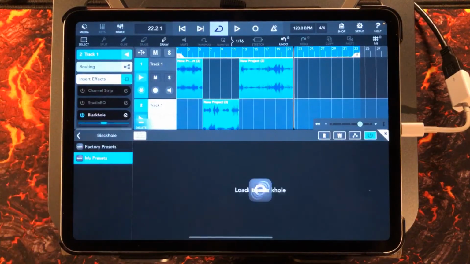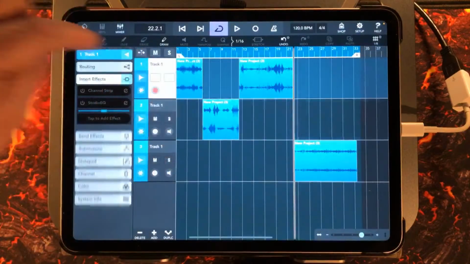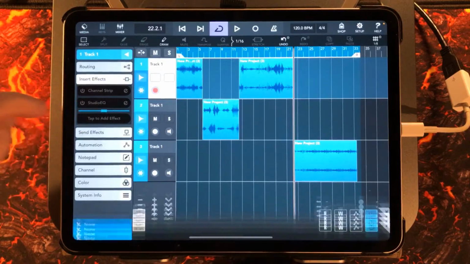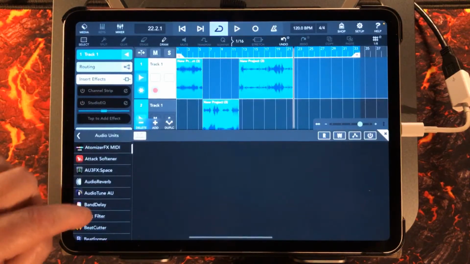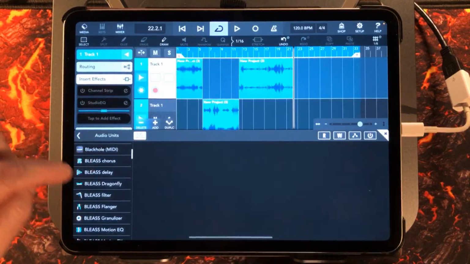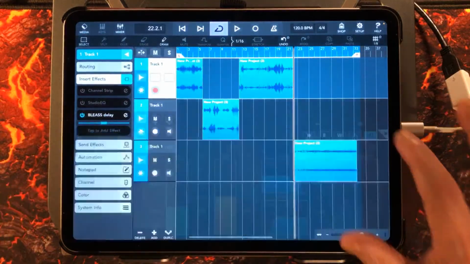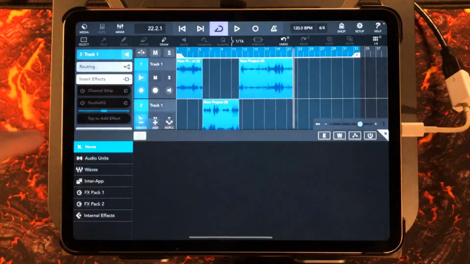So I'm going to stick Black Hole on this first track. I'm going to go on this second track, sorry, this first track, and go, well, maybe something like, let's see, Police Delay. Who knows? And on the first one, this one,